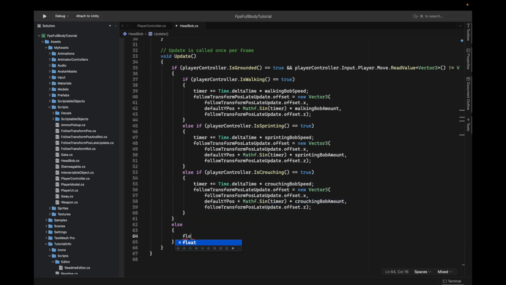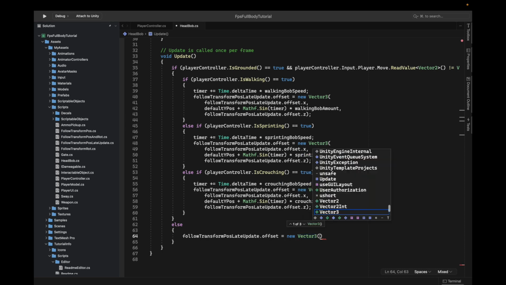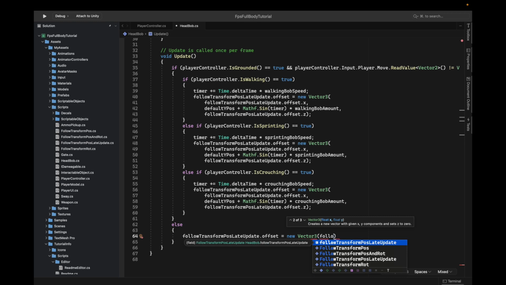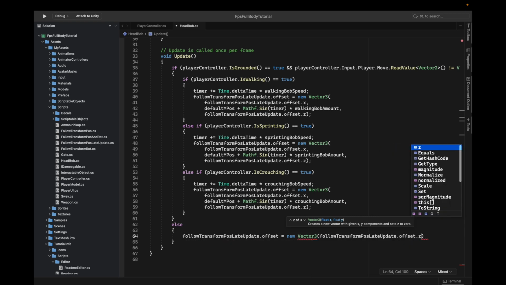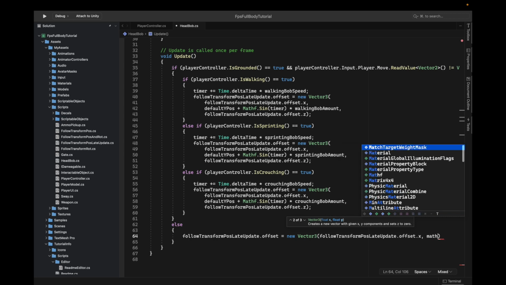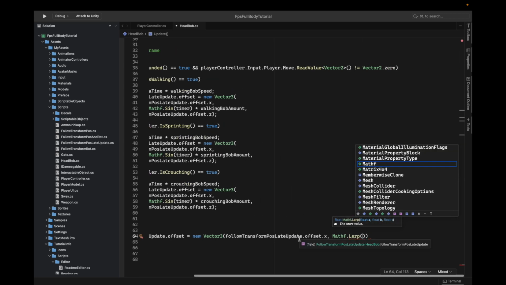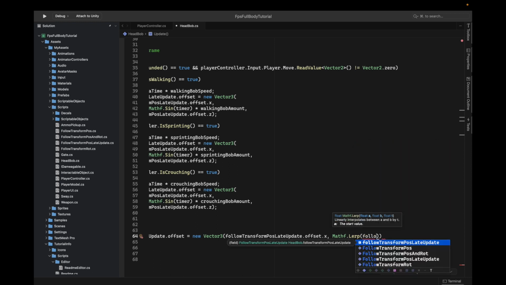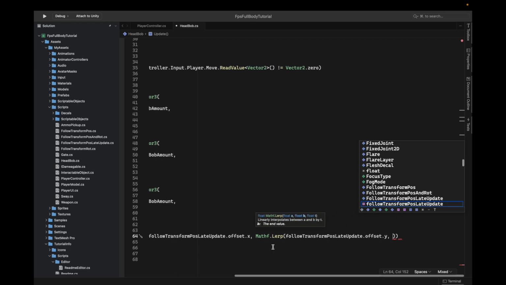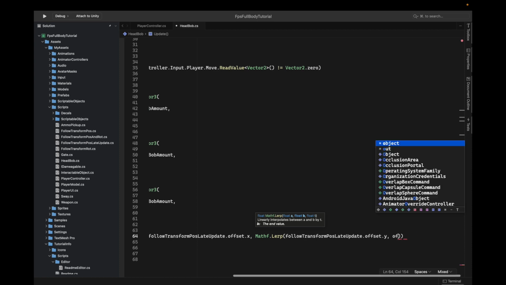Now in the else method we need to pass in some stuff. So what we need to do is set the offset to a new vector 3 again, but this time it's going to be full transform position light update dot set dot x, and right here the y one we do method loop. We're going to loop from the current offset update dot offset dot y to, well, we need to loop to, sorry about that, 0,